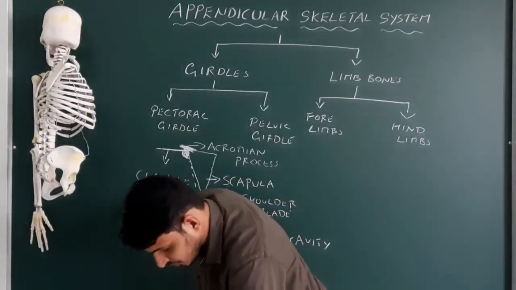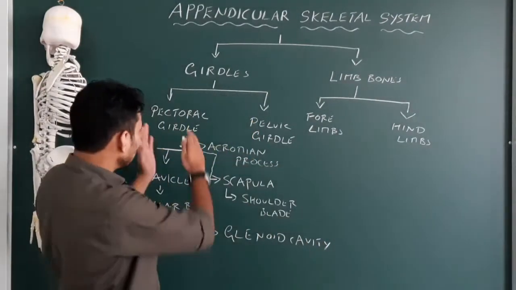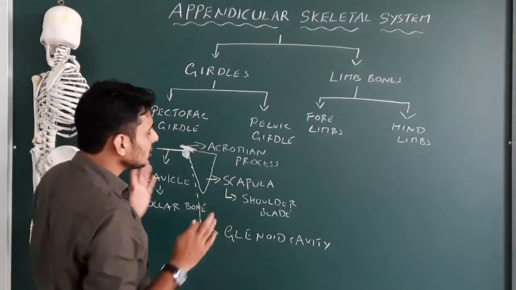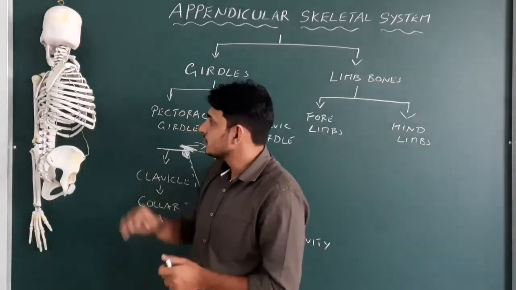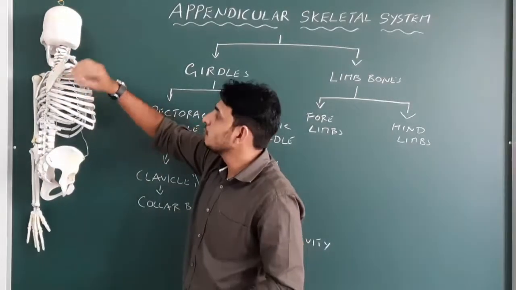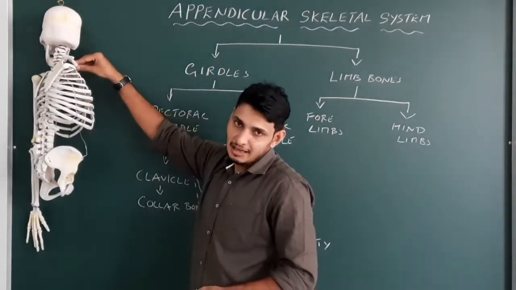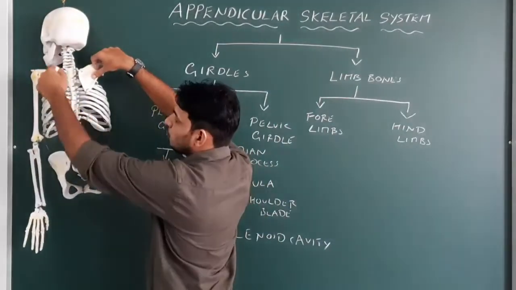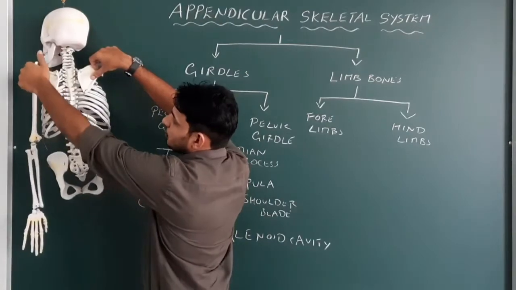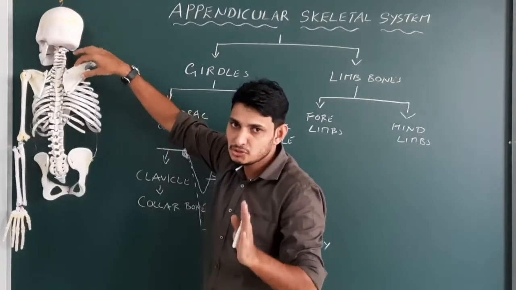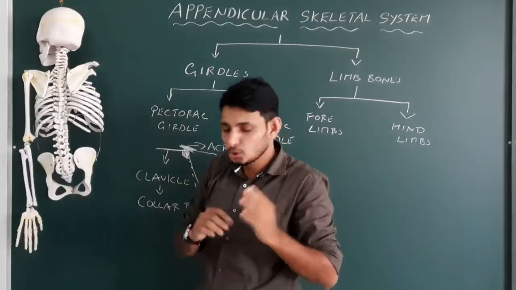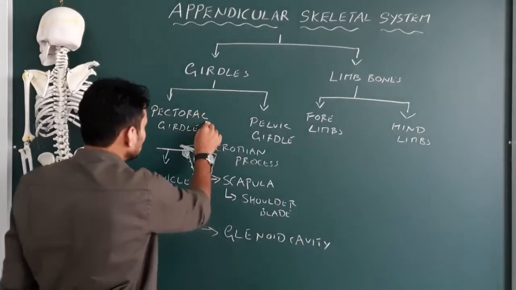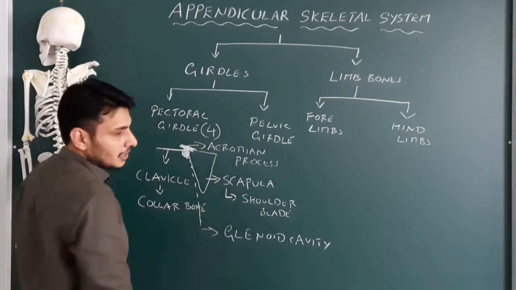Let us just finish off the girdles. There are two girdles, so we are done with the pectoral girdle. Now if you count the total number of bones in each girdle, we have one, that is the scapula, and the collarbone, that is called the clavicle. So two bones in one pectoral girdle, and here also we have two bones, one is the scapula, the other is the clavicle, correct? So 2 plus 2, 4. In the pectoral girdle a total of 4 bones are present. Let me write it in bracket, that is 4.